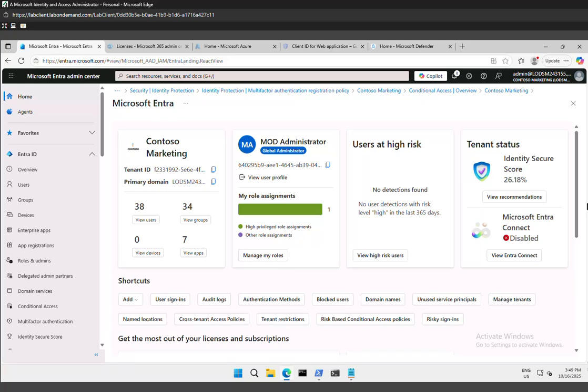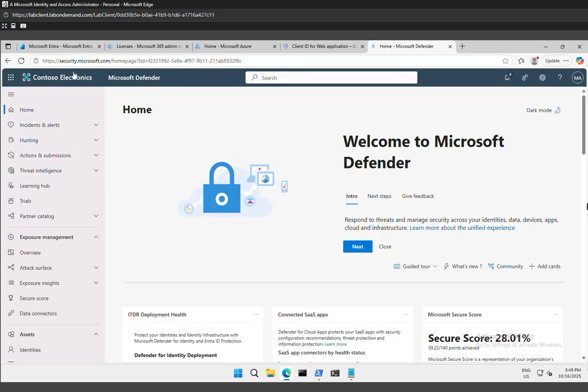Methods in Microsoft Defender for Cloud Apps, and from which task one is to access Microsoft Defender for Cloud Apps and create conditional access app control. So we'll get started now. For that we will go to security.microsoft.com